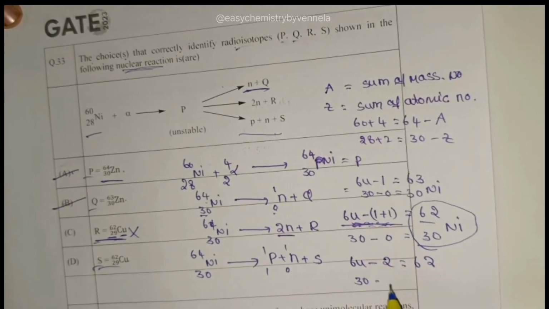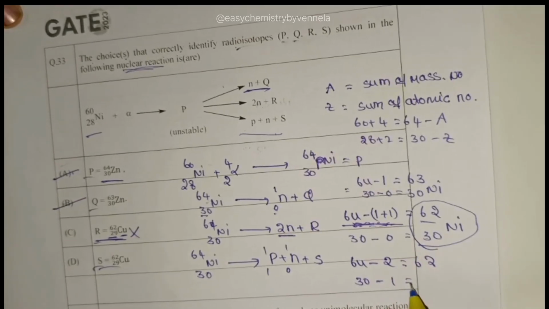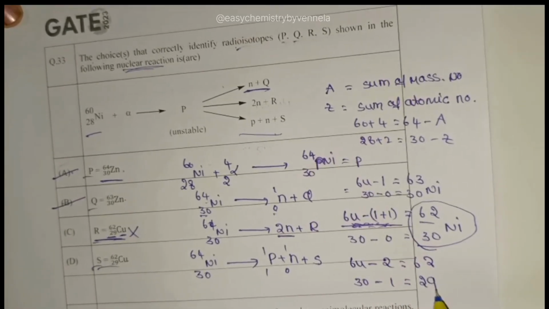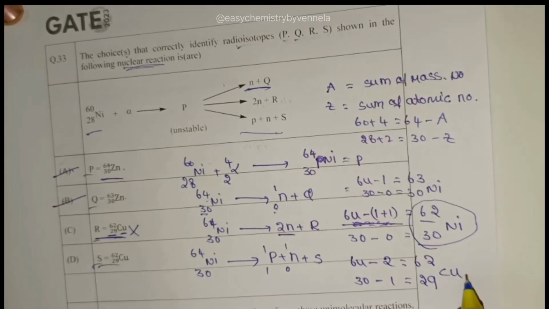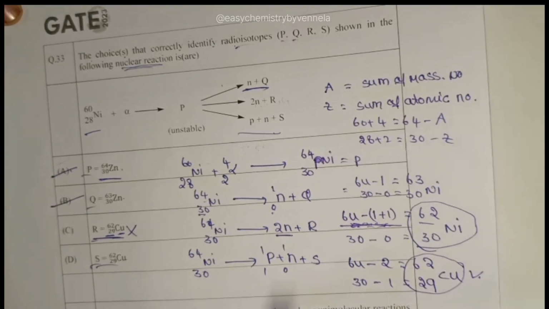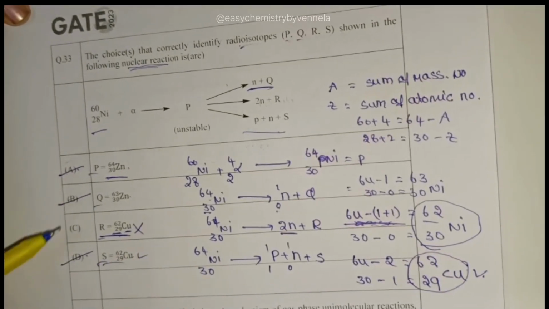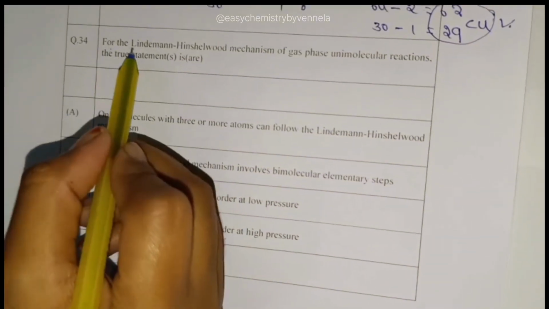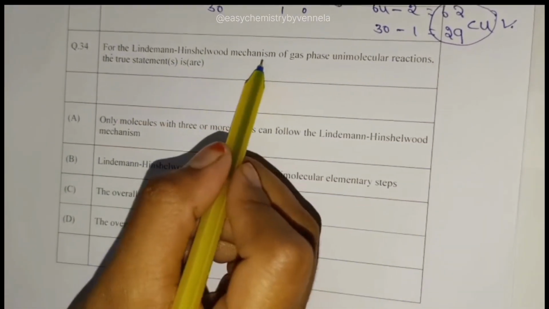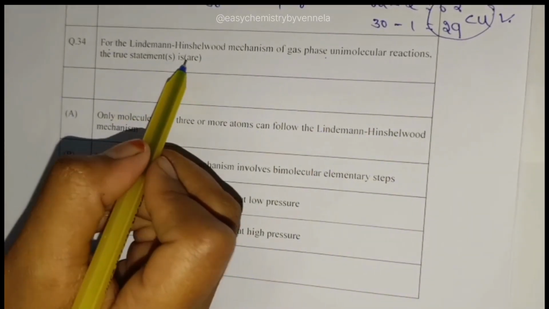Here 30 minus 1 proton, that is equal to 29. 29 is copper. So this is correct. So here the correct options are A, B and D. Next question. For the Lindemann-Hinshelwood mechanism of gas-phase reaction, the true statements are